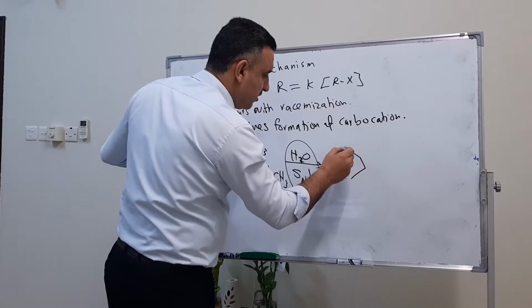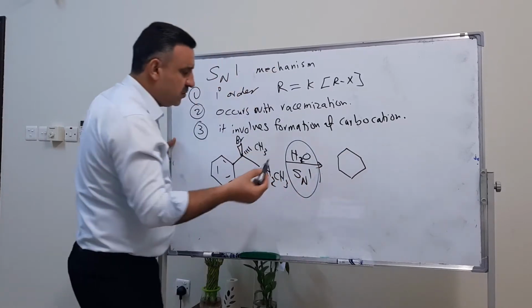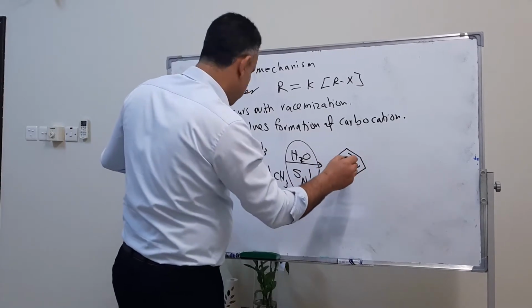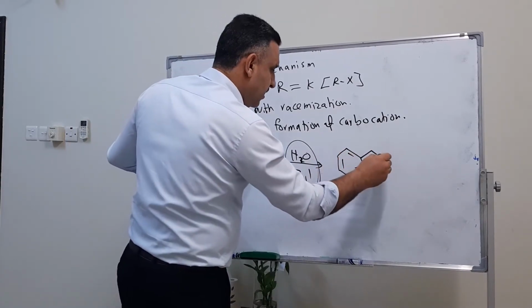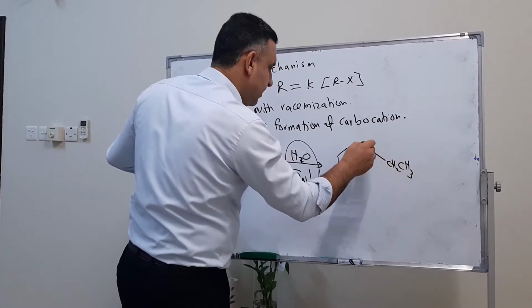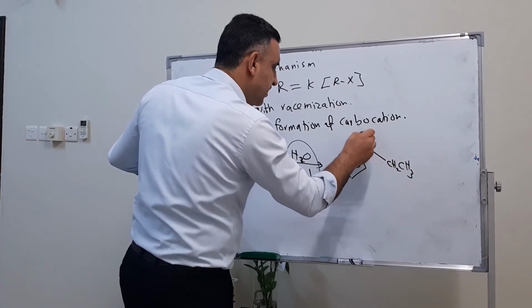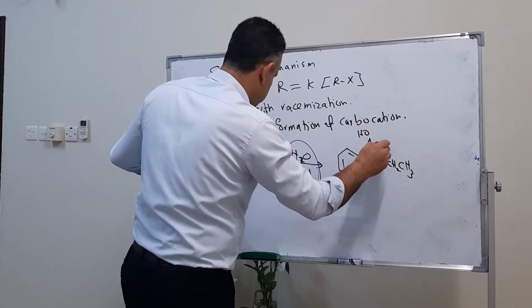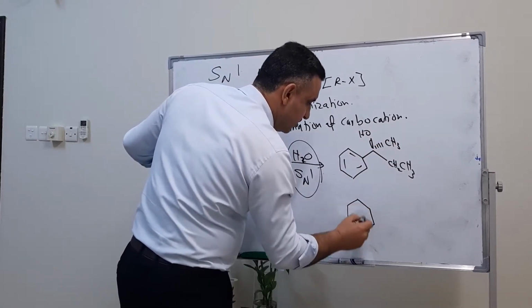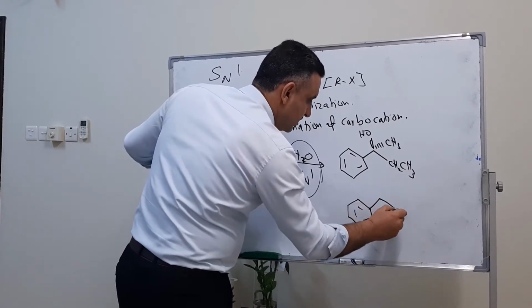What we are going to get is two products, and the percentage yield is approximately the same. So sometimes we will get the OH above the plane, and its enantiomer where we got here